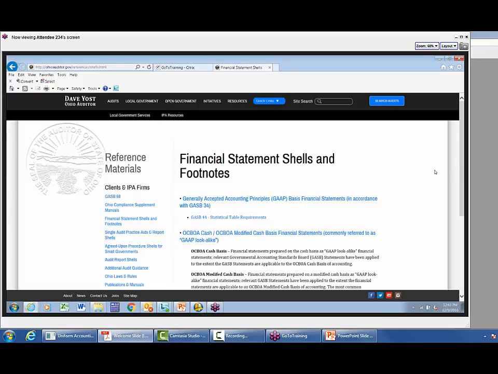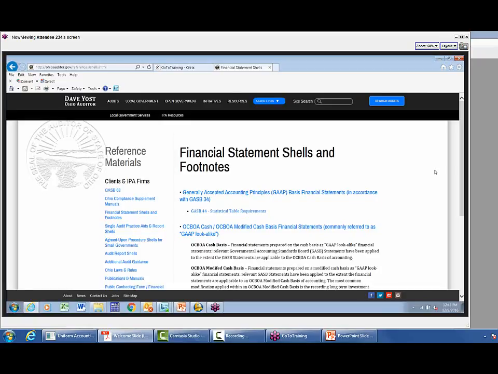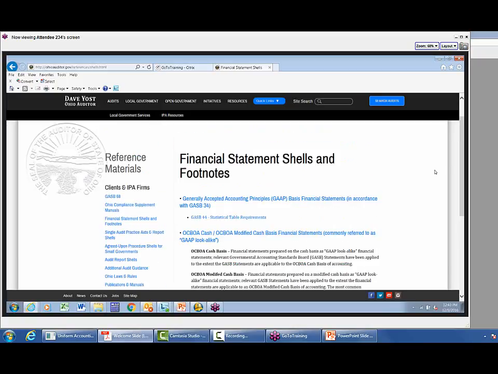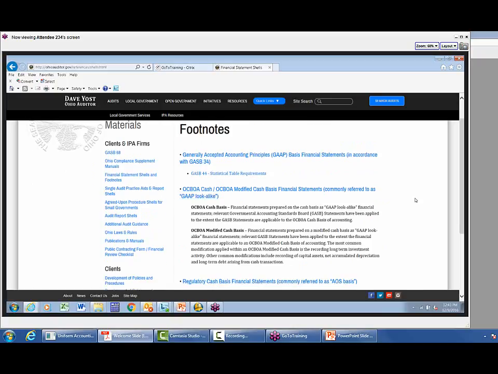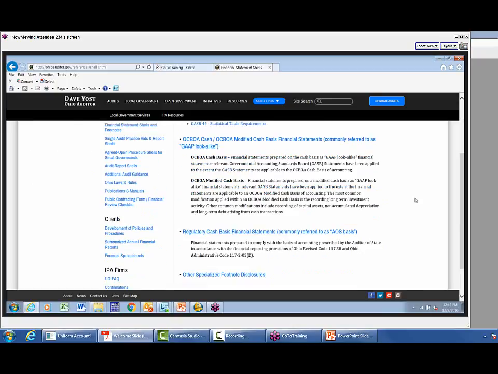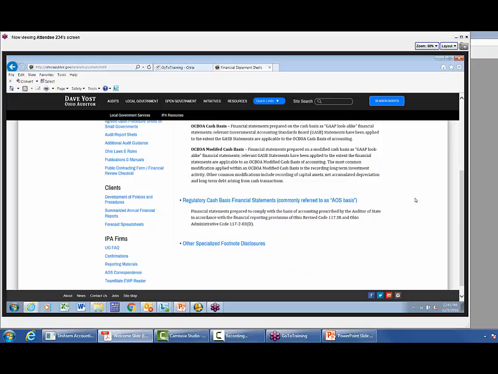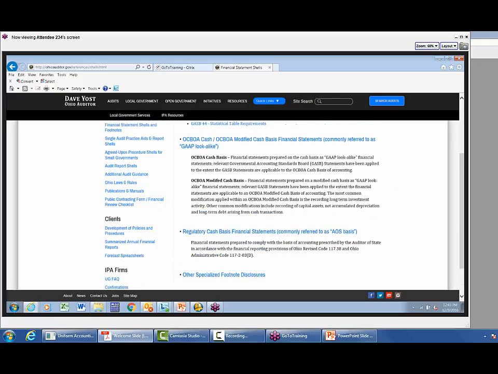it now takes you to another web page with different examples for different types of entities and how they file. So the first thing you're going to do is click on how you're going to file. Are you filing GAAP financial statements? Are you filing OCBOA financial statements? Or are you filing regulatory cash financial statements? I'm assuming most of you are going to file regulatory, since that seems to be the consensus with most of the presentations I've done. If you click on regulatory cash basis financial statements,